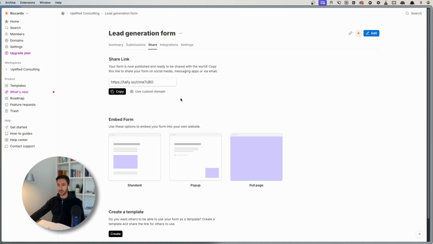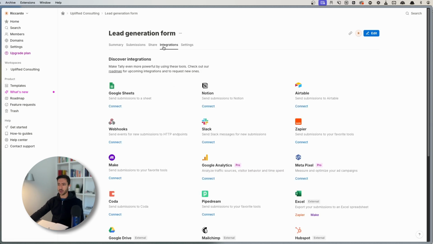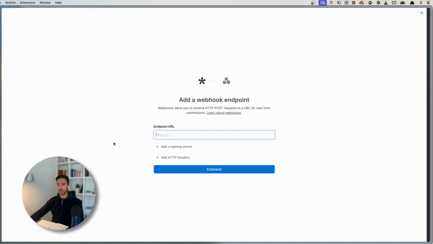So what we'll do here is we'll click on publish, and what you can see over here in this section is this integrations part. Within the integrations, there are different ways of integrating with that. One of them is this webhooks part. So send event for new submission to HTTP web points. What we can do over here is we can click on connect, and here it will ask us for the